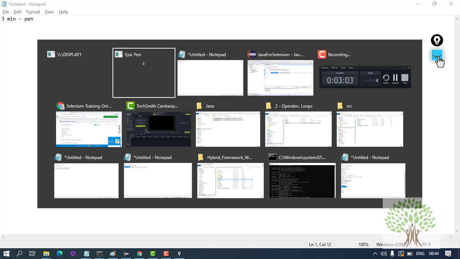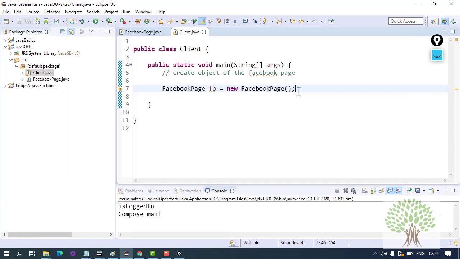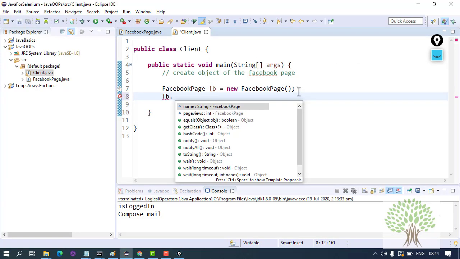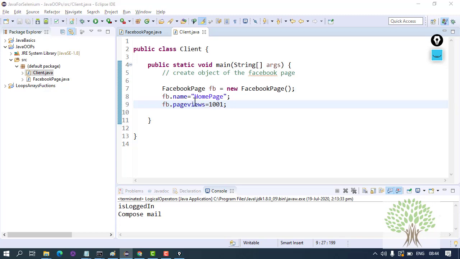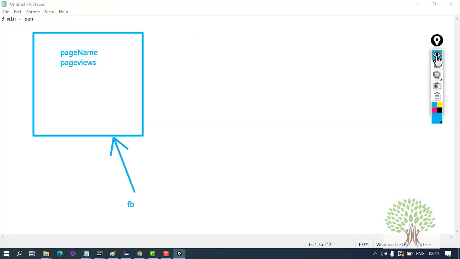You can write over here FB dot name is, say, home page, and FB dot page views are maybe 1001. So the value of this variable becomes home page, and this becomes 1001.